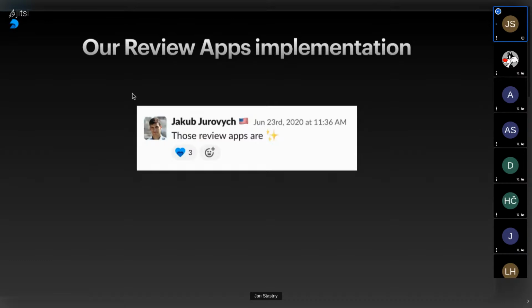Although people are definitely used to running the code locally when they develop it, they heavily rely on having the review app available so that they can test that all of the changes they have made work properly with our production configuration of the cluster, with our production configuration of the infrastructure. And this is not useful only for the reviewers, but also for the authors of the code.